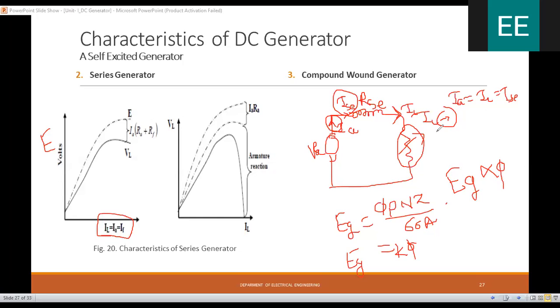See, when the load current increases, ज्यावेळेस load current increase होतोय, in similar proportion मध्ये series field winding current पण increase होतोय. Series field winding current increases, that means flux production in the series field winding, whether it increases or decreases? जर करंट इन्क्रीज झाला तर फ्लक्स प्रोडक्शन काय होईल, इन्क्रीज होईल का डिक्रीज होईल? Anyone?